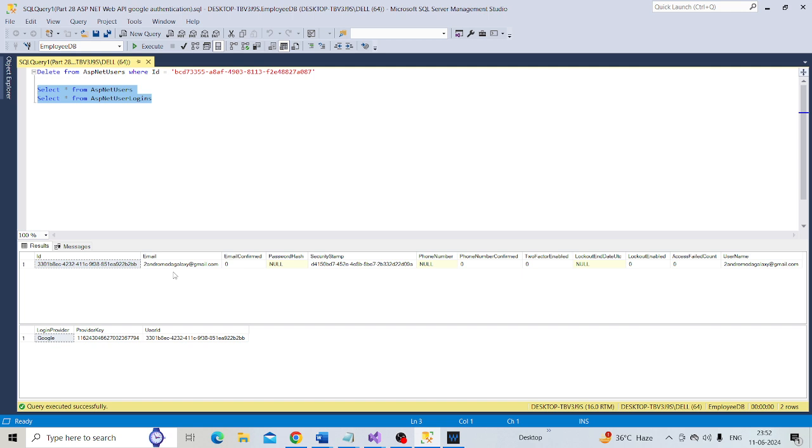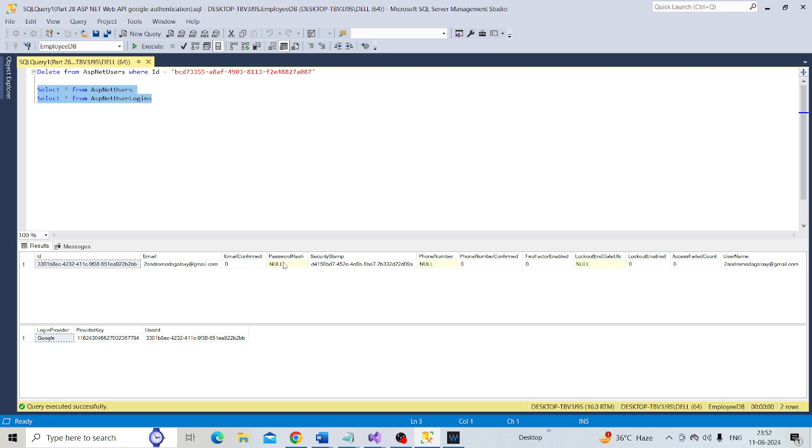This is the same email address that we have used to authenticate ourselves with Google. And look at the password hash column. This is null, so we don't have to write any code to manage username and password and authenticate users. All this is done by the external authentication provider. In this case, the external authentication provider is Google.